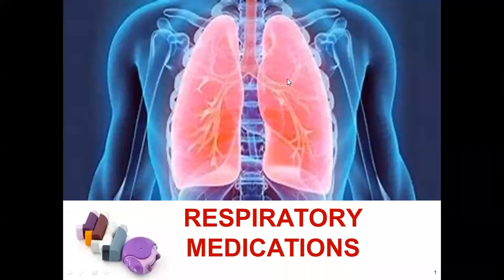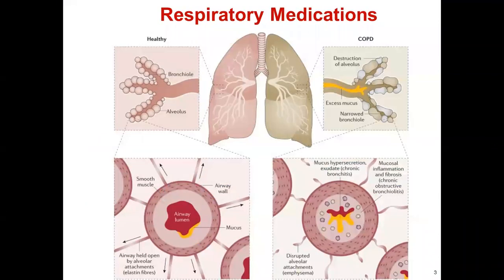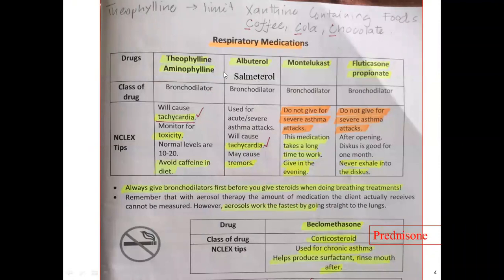Let me talk about the respiratory medication here. So this is the table. We can find the different categories of drugs we use for respiratory diseases like COPD, bronchial asthma, bronchitis, or any other obstructive complication. The first group here, theophylline or aminophylline,